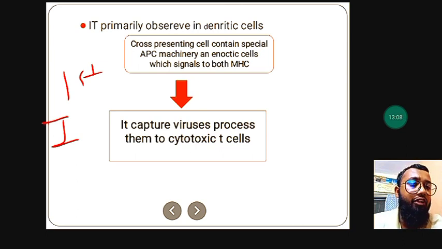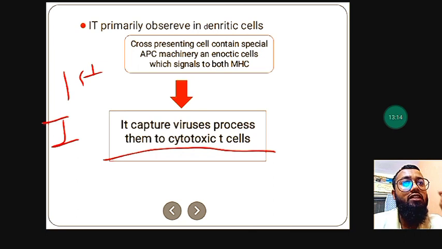And the main benefit of cross presentation is that it captures viruses and presents them to the cytotoxic T cell. How does it do this? The antigen presenting cell can capture the viruses from the extracellular environment, then process them and activate the cytotoxic T cell lymphocyte that can attack virus infected cells, which inhibits the further spread of the viruses. So students, that's all with cross presentation. Let's see the